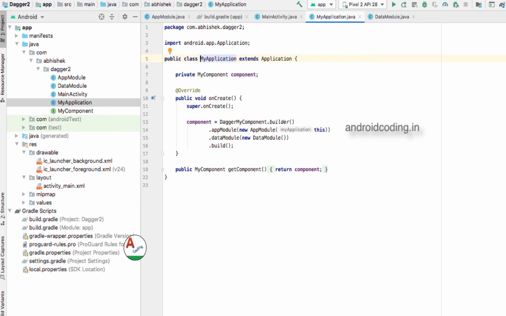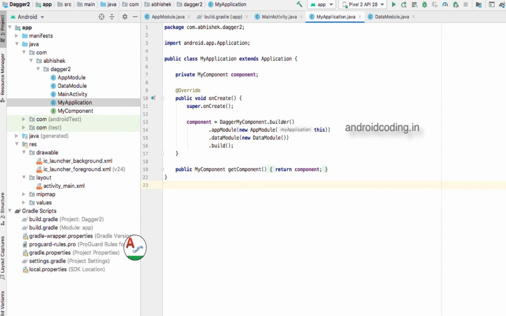The module provides the dependency methods and classes which we are going to use. The consumer will make use of those dependencies, classes, and methods. In between, the component acts as a bridge. With the help of the component we can make use of the methods and classes provided by the module in our consumer activity. Now I think you have a basic idea of what Dagger is. So let's get started with our example.